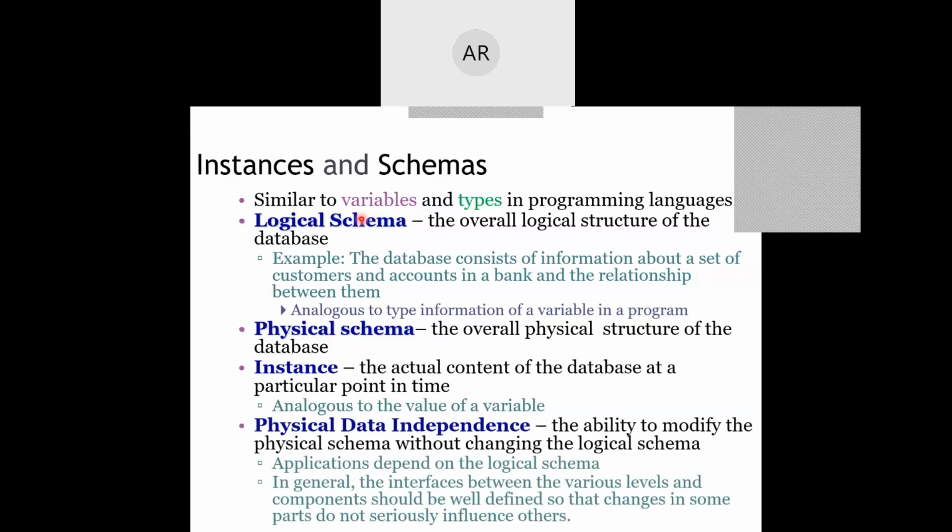So the next topic is physical data independence. Physical data independence means the ability to modify the physical storage structure without changing the logical structure, the logical schema. For example, tomorrow I decide that I need to modify the data type of name, which I took as a string of 20 characters.